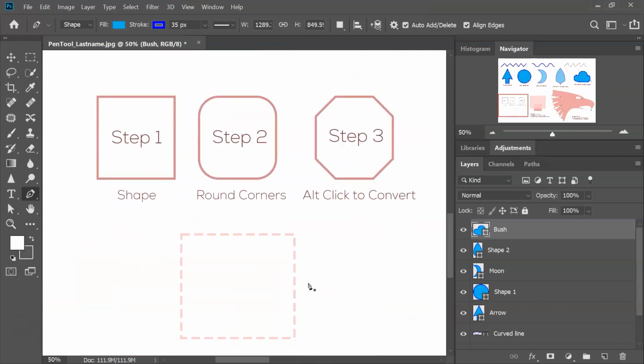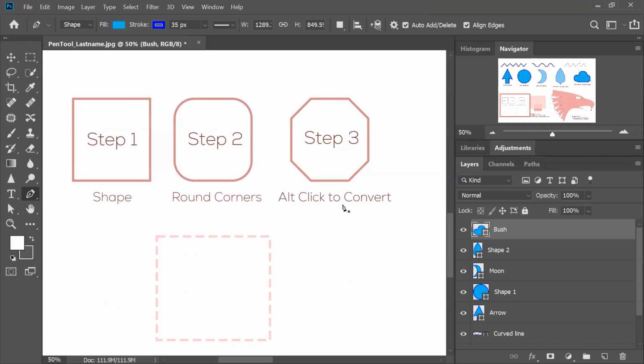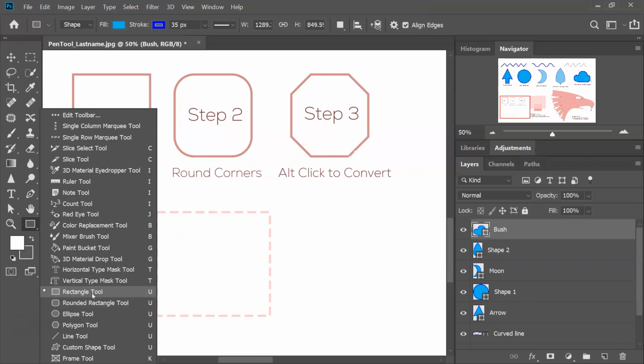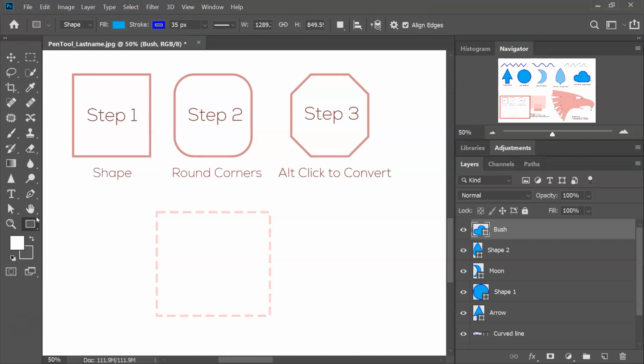And for another trick with the pen tool, we're going to switch over to shapes. The shortcut for shapes is U. And you can see here, we have a couple different options. Typically, you'll see rectangle, ellipse, polygon, line, and custom shape. I'm just going to select the rectangle, and I'm going to drag out this rectangle right here on the dotted